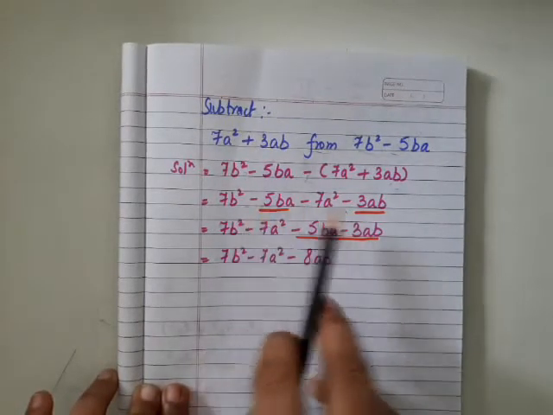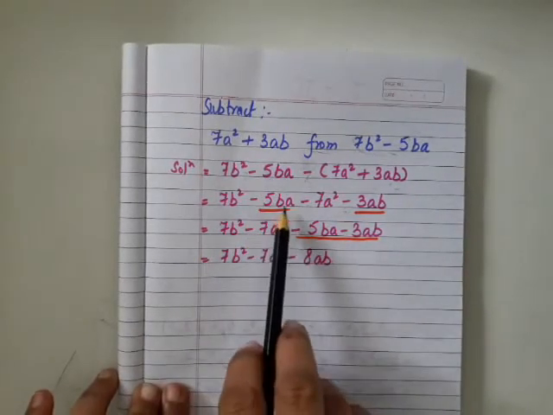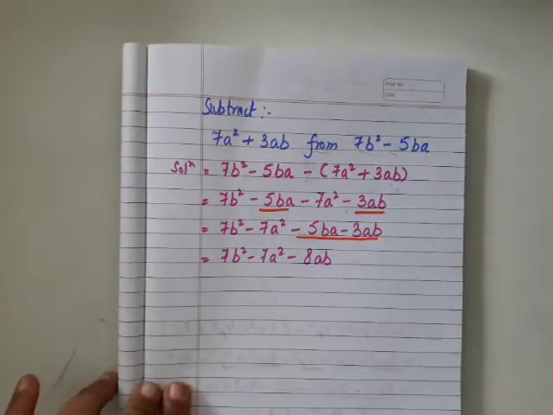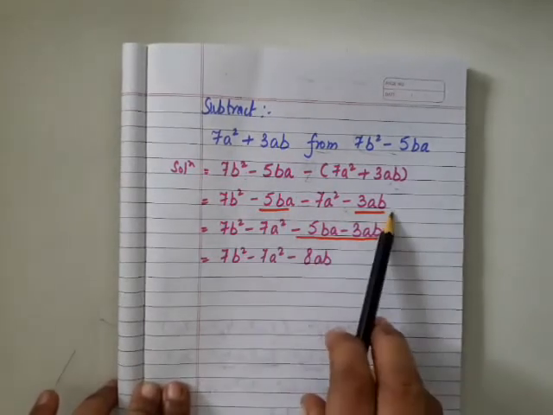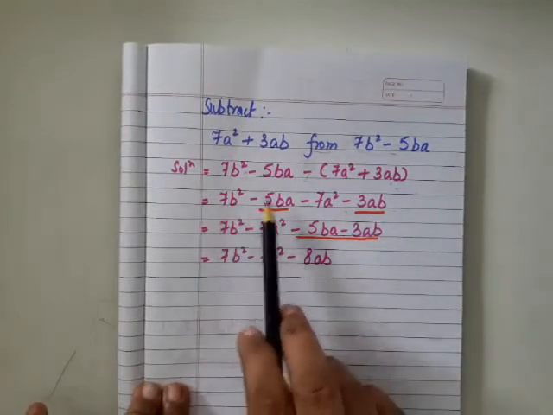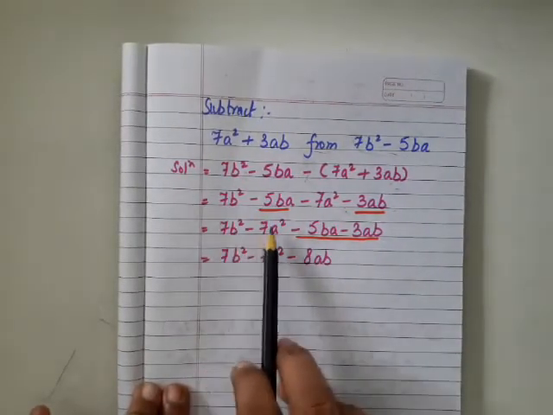Okay, now the remaining steps are same, that is you need to gather the like terms together. If you see here, it is BA and here it is AB. Okay, 2 into 3 or 3 into 2 means the same. In the same way, BA and AB means the same. So these are like terms. So we underline it. Okay, gather them together. 7b square and 7a square do not have anything in like terms, so we write them as it is.